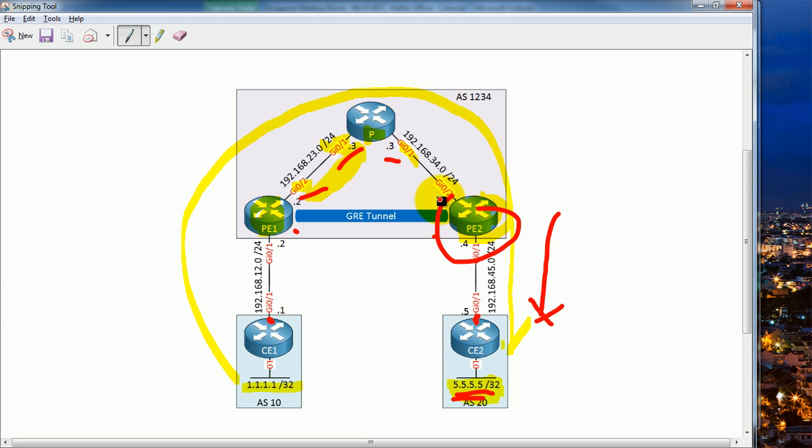Look at the CEF table. It is a quick method to find the label for the destination prefix. On P2 we'll show IP CEF. The next hop is for the next one. The P2 router will forward it to the P router. Let's check what it will do with the packet